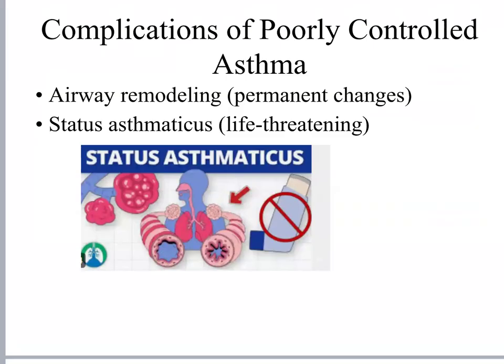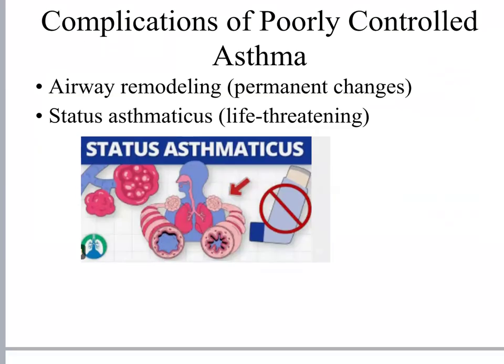So once again, complications of poorly controlled asthma. You can have airway remodeling, and that is a permanent change where basically somebody has such poorly controlled asthma that their bronchi have completely changed. The way they're built, like the epithelial lining changes, it's tightened. And then once again, status asthmaticus, this is extremely life-threatening. It is when the asthma exacerbation is so severe that a bronchodilator like albuterol doesn't help. So, really important that asthma is managed,